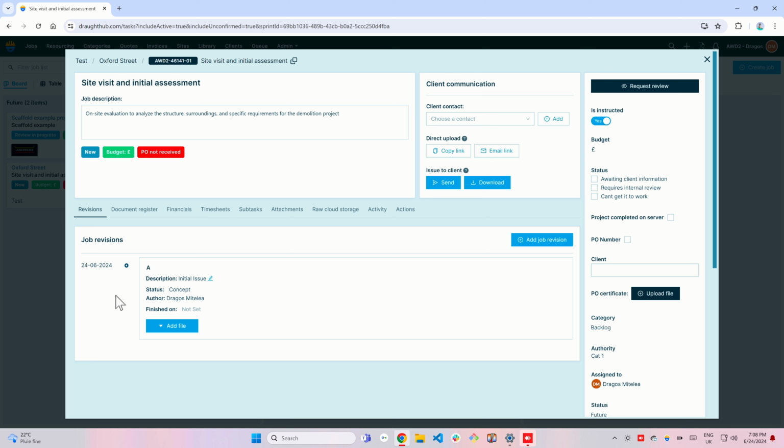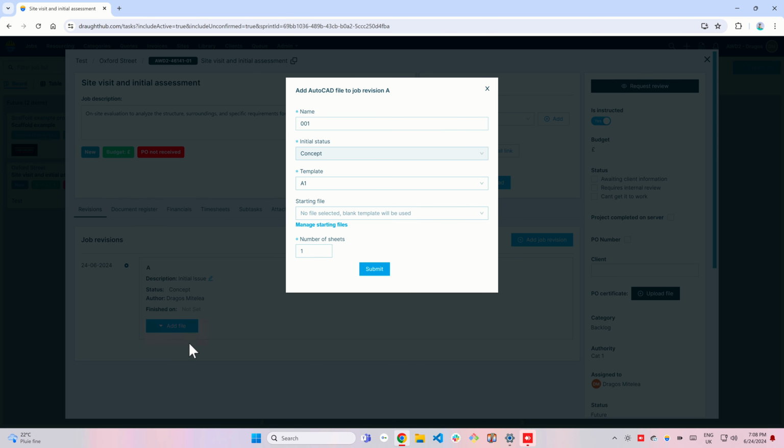Let's say we now want to create a drawing for this job. To do that, we can just click on Add File, then select AutoCAD. In the window that opens, we can specify some details for the file we want to create. The default name follows a naming convention, but we can also change it. The status is taken from the job revision, and the options here are again customizable, which in this case defaults